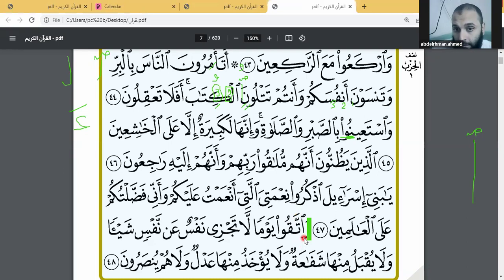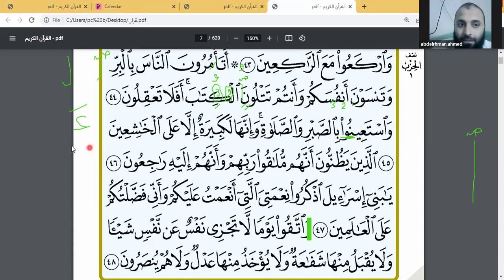Is this clear? So I think that's everything about the rule of Hamzat al-Wasl. If the next letter has shadda, we follow the second letter, because this is letter number 3. Ittaqu yawma, or ittaqu rabbakum, fear Allah. Okay. How do you read this? Here, ista'inu. All of this rule, we apply it only if you started reading from Hamzat al-Wasl.